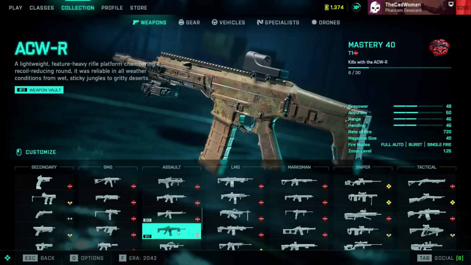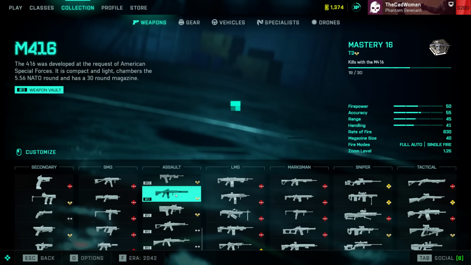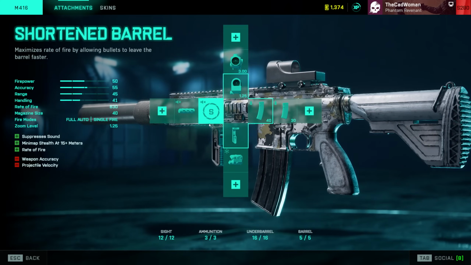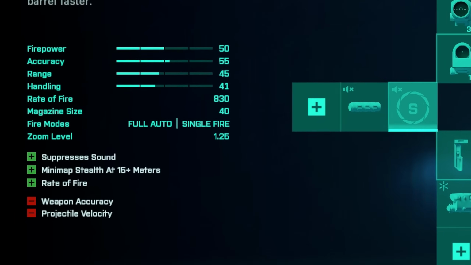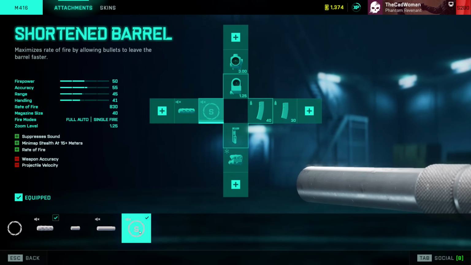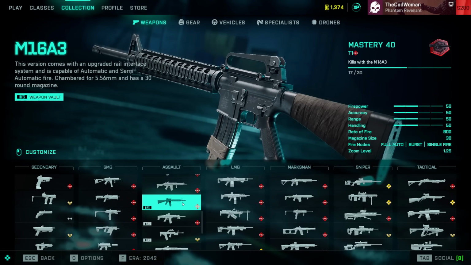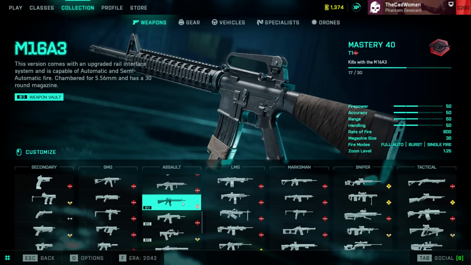And for the ACWR and the AEK, the reload time for all magazines was also made slightly faster. The M416 also got a new shortened barrel in addition to the new magazine, and this is basically a heavy suppressor from the look but also from the stats, which means it reduces your weapon's accuracy and bullet velocity but increases the rate of fire and gives you minimap stealth above 15 meters. And the M16A3 had its starting ammunition reduced from 8 magazines down to 5 to bring it in line with